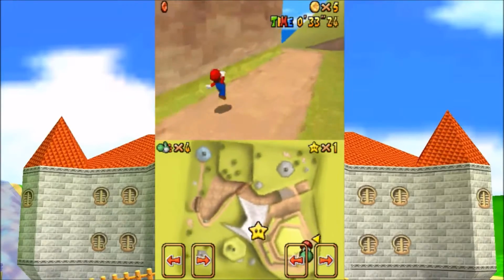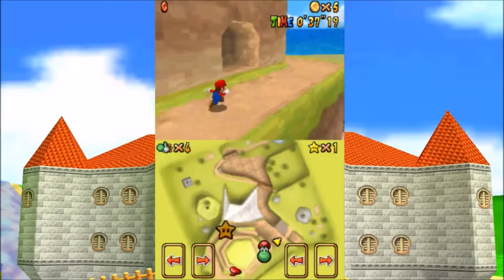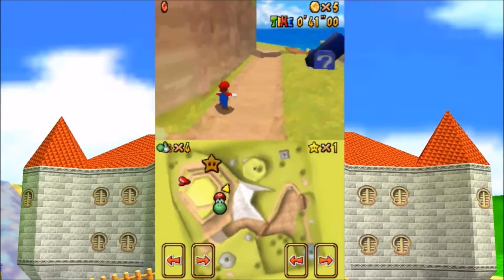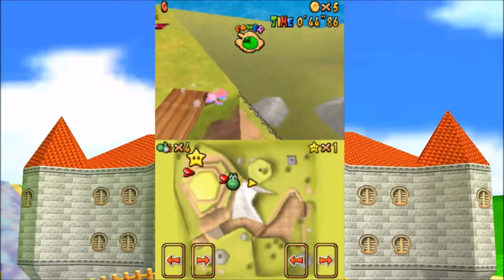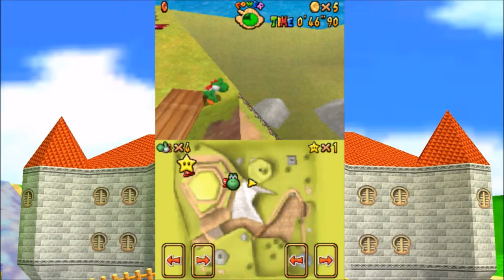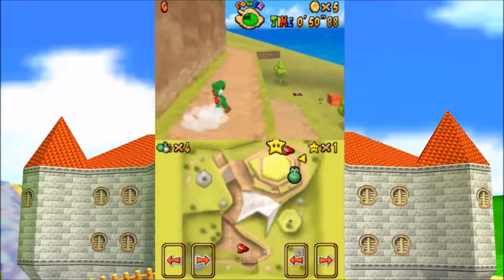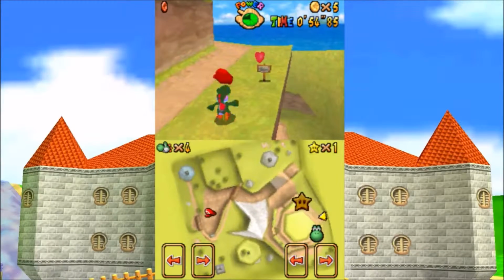One thing to note about this race, you cannot use cannons. I could have opened the cannon earlier, but didn't, because I forgot to and I'm an idiot. Yeah, you can open the cannons once you defeat Big Bomb, in the missions after you defeat Big Bomb. Yes. And you can use those, but if you try to use the cannons...